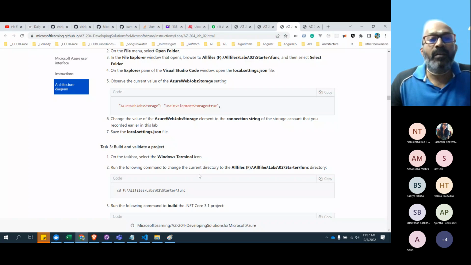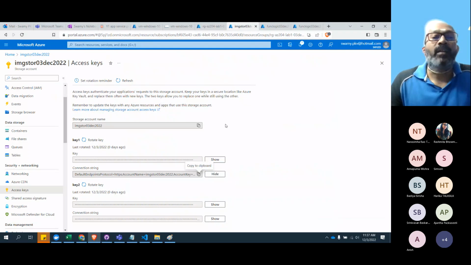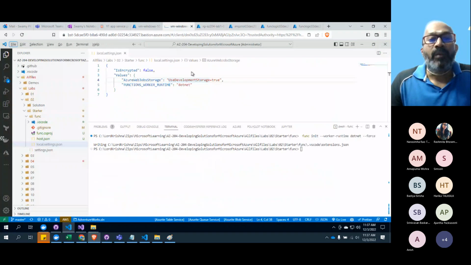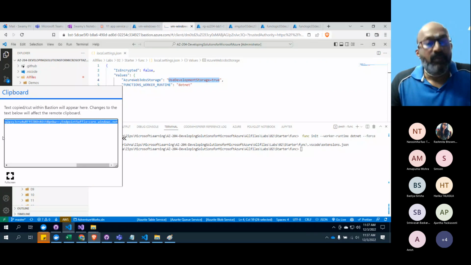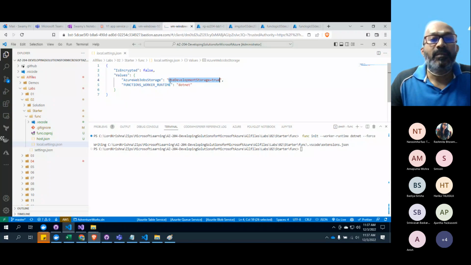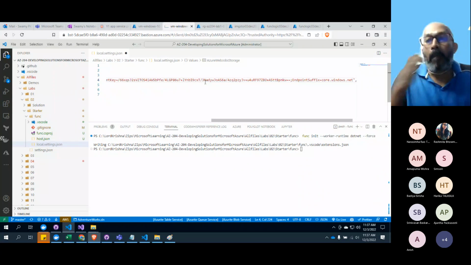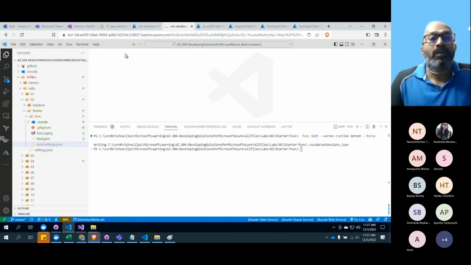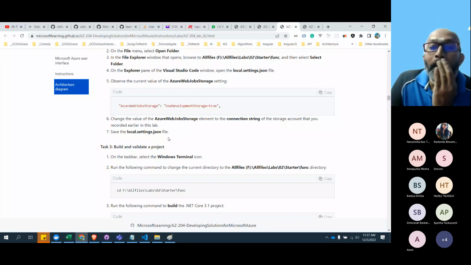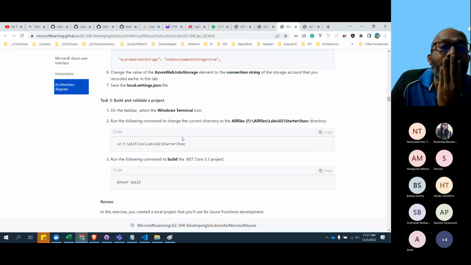Connection string copy. So that connection string, we will paste it instead of this. Okay, and I need to go through this painful process. Allow this. Save this file. We did that. That step is over. We updated the connection string.